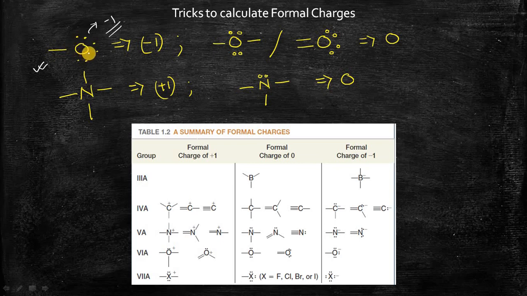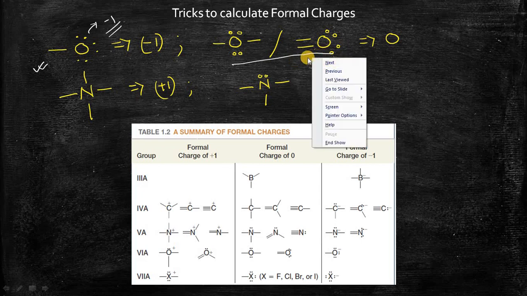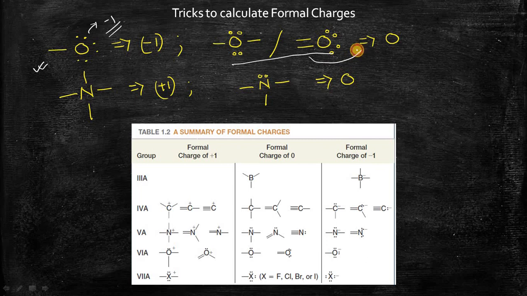Similarly, if there is any oxygen which is double bonded, the double bond can be of this type or this type, then you do not have to calculate the formal charge for oxygen. You can directly jump to the conclusion that the formal charge of this type of oxygen will be equal to 0. Similarly, if you find some nitrogen atom which has 4 bonds, like these 4 bonds,